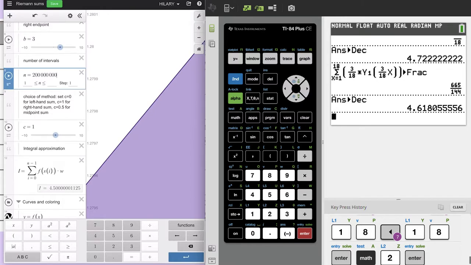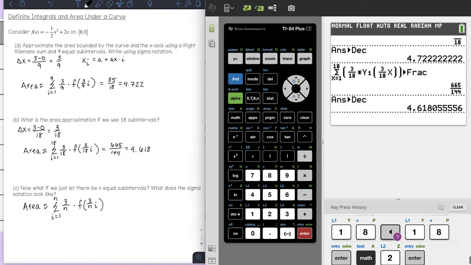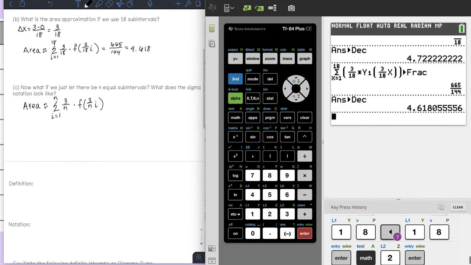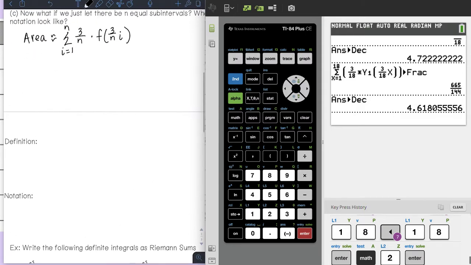And as we let the number of subintervals increase, let's go back to the notes, we're actually getting smaller and smaller rectangles. So that delta x is decreasing. It's getting infinitesimally small. And so as we let the width of our rectangles get infinitesimally small like that, we're actually getting the exact area of the curve. So this is what's called a definite integral. So the definite integral definition